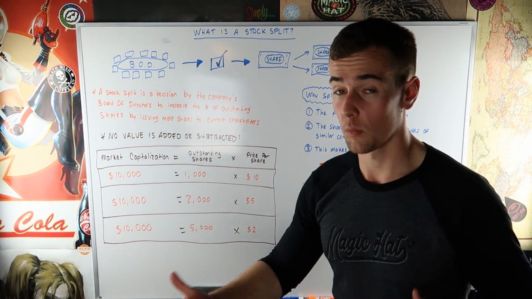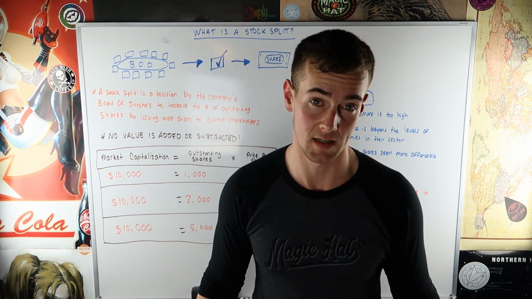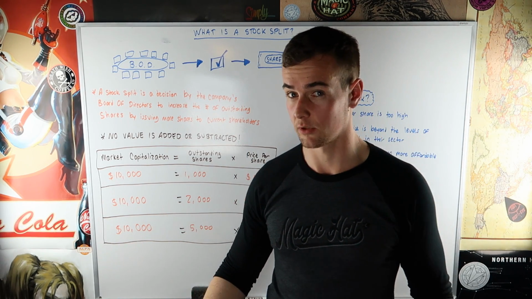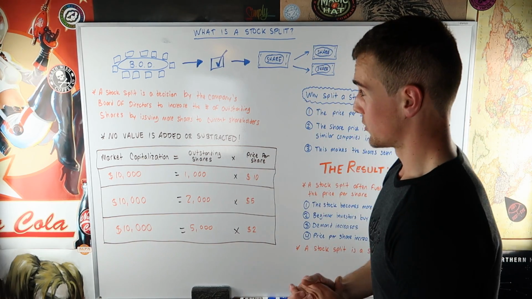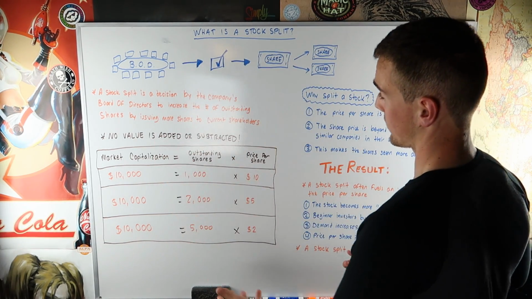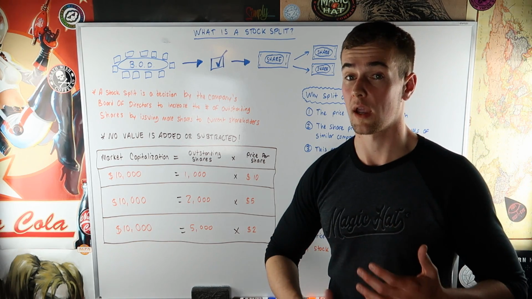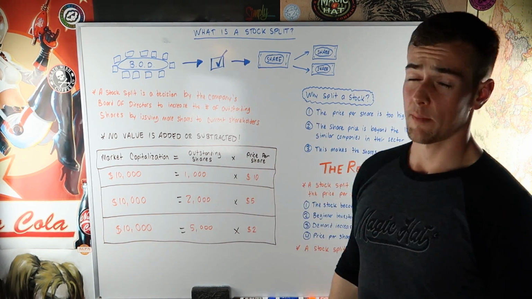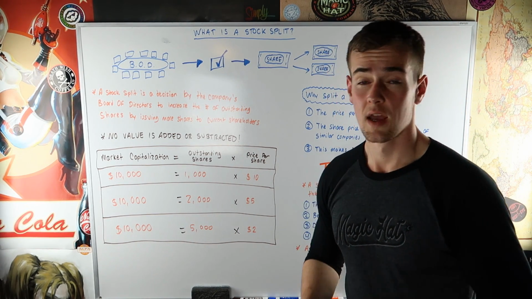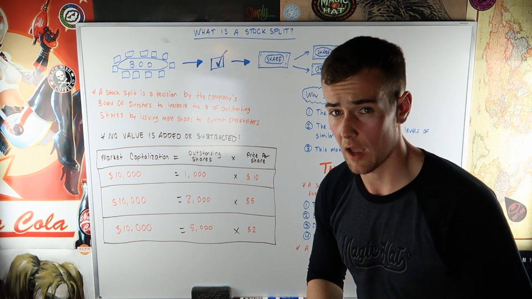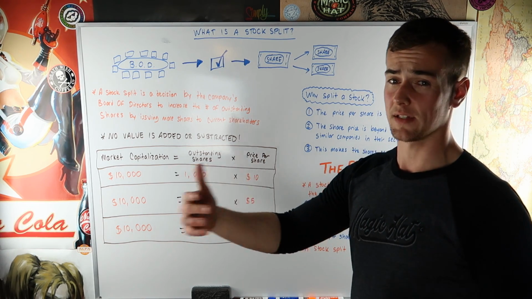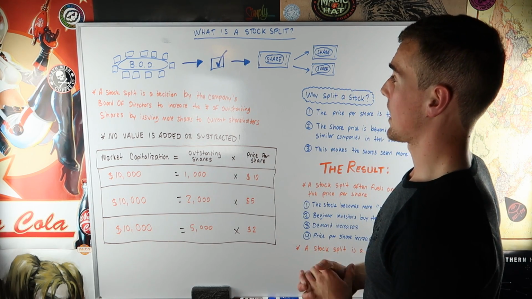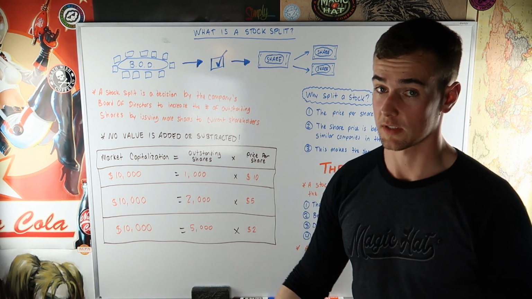Now, as an investor, when you hear about a stock split, you get very excited. Even people who don't know a lot about investing tend to know that a stock split is a very good sign for a stock. So basically, here's what happens. You have your board of directors, and they come to the conclusion that the stock price is too high, and we need to split the stock up. Generally, at that point, they're going to put it to a shareholder vote. If you have voting rights with the shares that you have, they're going to send around a proxy that you're going to actually sit down and vote on, whether or not you agree with the stock split.